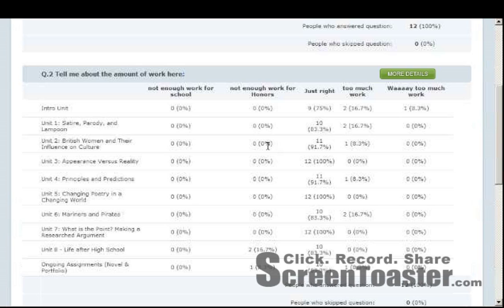What was next was to tell me about the amount of work, in the student's opinion, from each individual unit. What's valuable about this is that my team goes through and tweaks the course in revisions. And I wanted to find out from the student's perspective what units they thought were too much or not enough work as far as the workload goes. Now, as you can see, the bulk of the students are telling me that the amount of work is just right. No students told me it wasn't enough work, and a